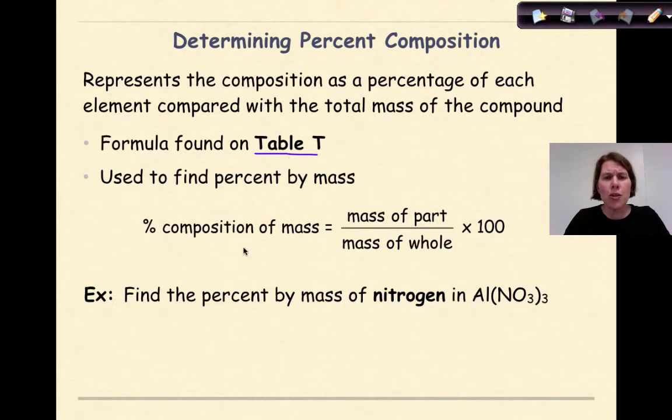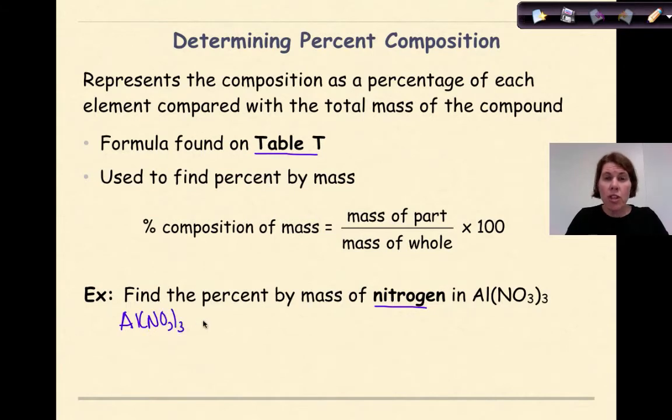So the percent composition formula is the percent composition equals the mass of the part, that's what you're specifically looking for, over the mass of the whole compound, times 100. Let's look at an example here. This example asks to find the percent of mass of nitrogen in aluminum nitrate. The first thing that you should do is find the gram formula mass of aluminum nitrate. So aluminum nitrate is